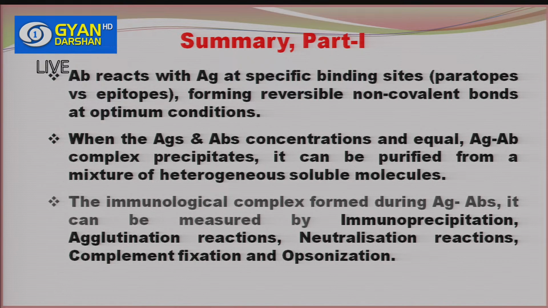Antibody reacts with the antigen at a specific binding site, paratope versus epitope, forming a reversible non-covalent bond at optimum conditions. When the antigen and antibody concentrations are equal, they are able to form the complex, or you can say the precipitate. It can be purified from the mixture of heterogeneous soluble molecules, so we can utilize it as a co-immunoprecipitate. The immunological complex formed during the antigen-antibody reaction can be measured by immunoprecipitation, agglutination reaction, neutralization reaction,